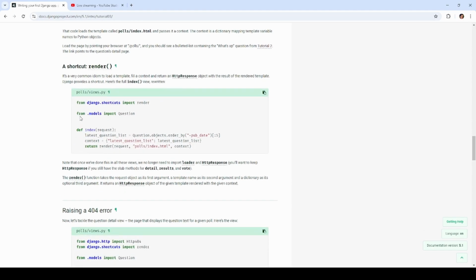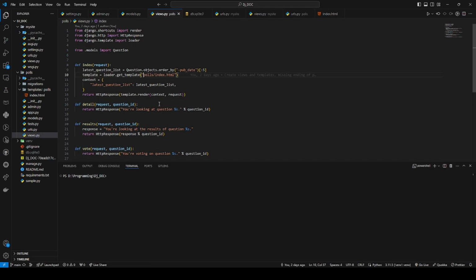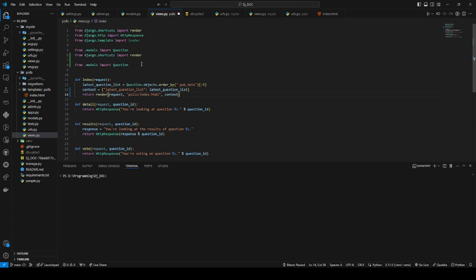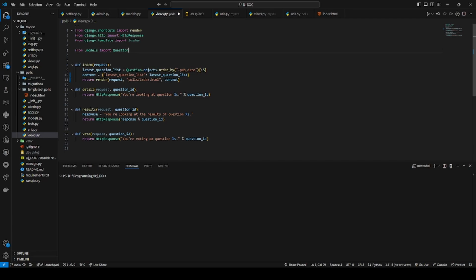The way you do it is this way. Let's copy all this. Let's go to our views, and here on the index, we'll remove the duplication imports. Actually, everything was imported already, like this, and